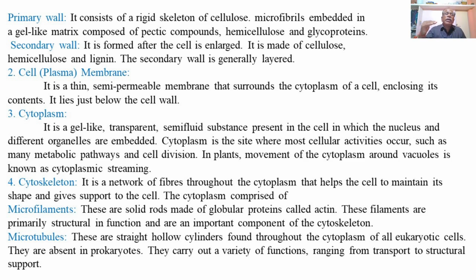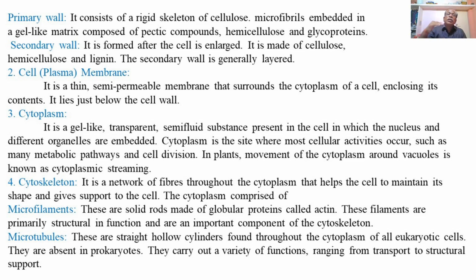Then the second layer, that is the cell membrane or the plasma membrane. So the outermost covering of the plant cells is called the cell wall, which is mainly composed of cellulose and consisting of micelle or pores which communicate with the adjacent cells and thus become a semi-permeable membrane present between the adjacent plant cells, and this is composed of three layers, that is middle lamella, primary wall and secondary wall.